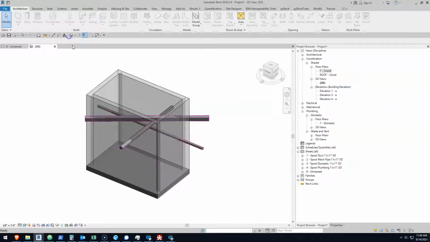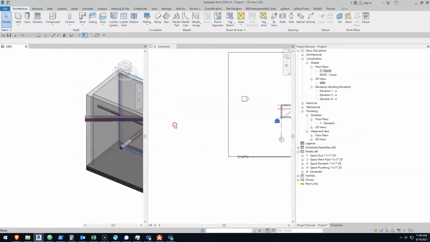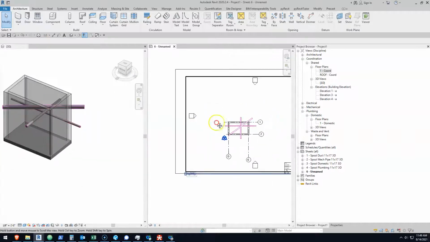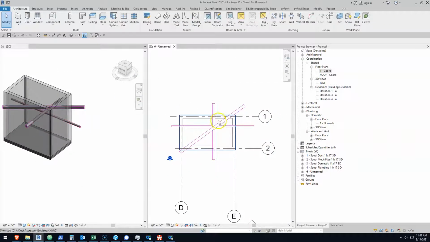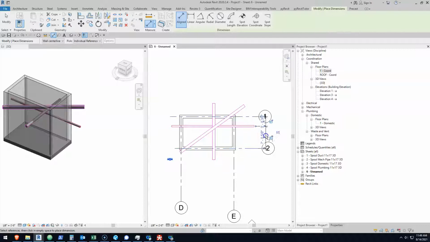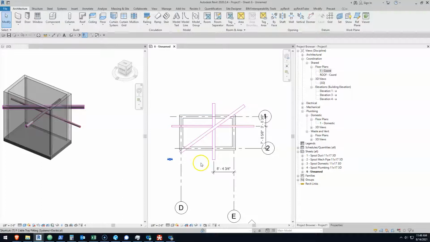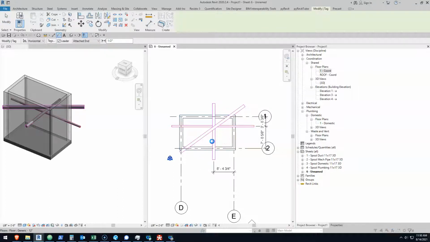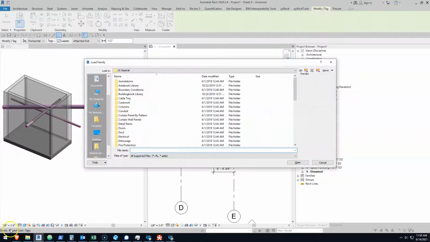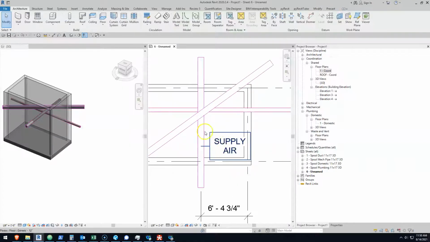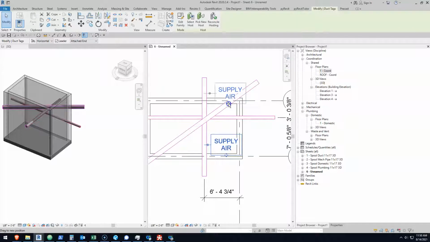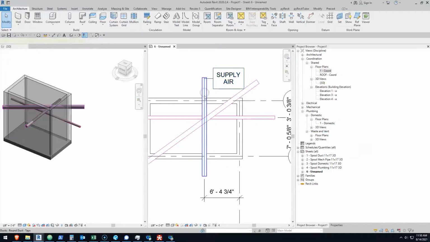So if I go into 3D and I tile my windows, and say I dimension this out, and I've got some information here. I've tagged it. Let's tag something. Okay, I've got to load the tags for the information on the duct, pipe, or floors as well. So, one second. Okay, so I've loaded in the tag, and now Revit understands that it's reading the information from